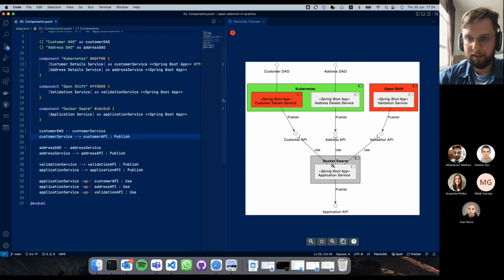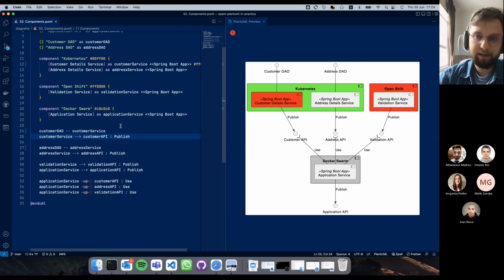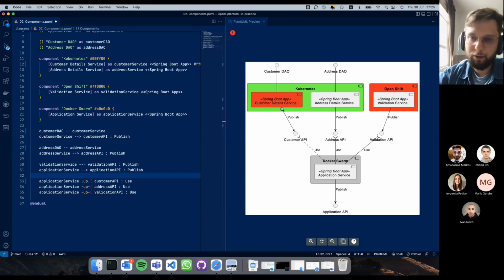It means that application service waits until customer detail service responds. But we can use UML convention and say that my application service will not wait. So I need to replace my solid arrow with a not